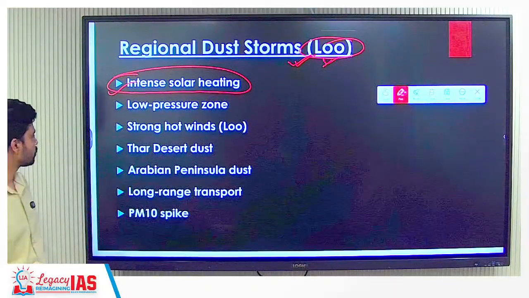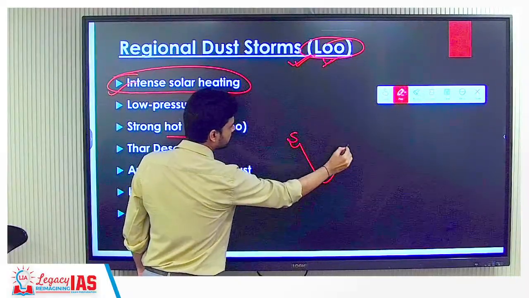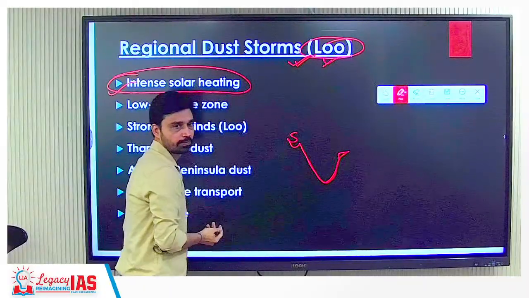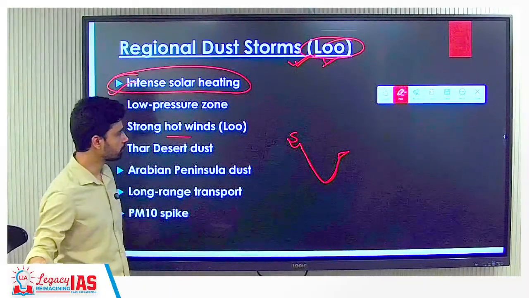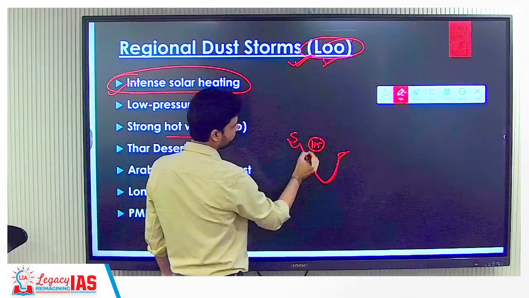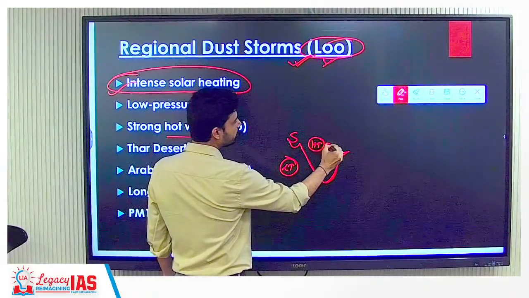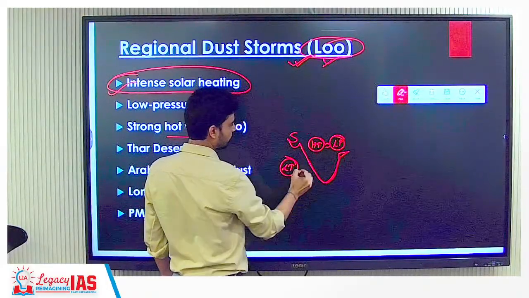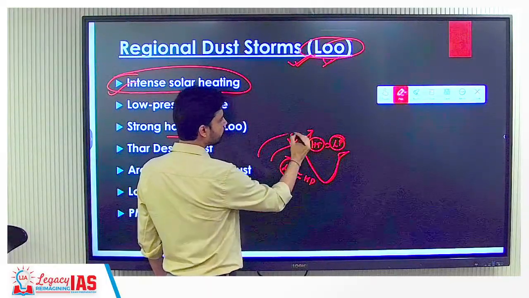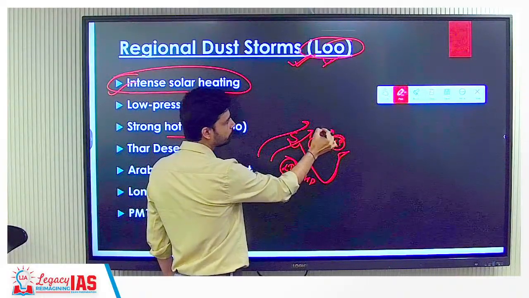Basically, strong hot winds blow in the northern part of India, because in summer we know that between land and water, which heats fast? Land. So in the summer over land, what kind of temperature will you have? High temperature. Over water? Low temperature. High temperature means which kind of pressure? Low pressure. Low temperature means high pressure. So what should be the general direction of wind? From the Arabian Sea, passing over the Thar Desert, and going all the way up to northern India, Delhi,